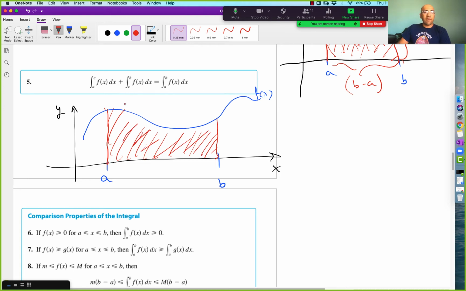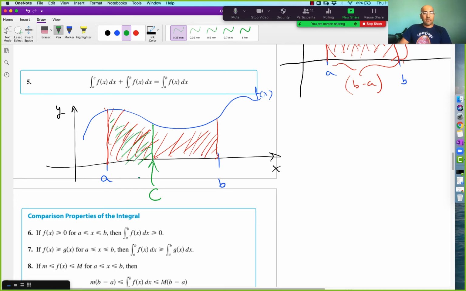Well, if there's some value c in the domain, and again, it doesn't have to be, but it usually is somewhere between a and b, and it's a nice way to visualize it. I think there's some work out there. At some point you'll run into a question where they ask you to show that it works even if it's not in the middle. But anyway, so we can break up that integral and say, okay, let's find the area